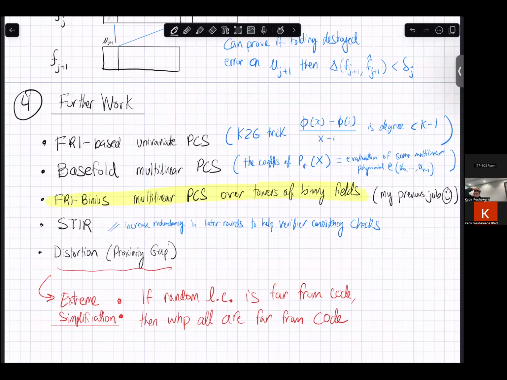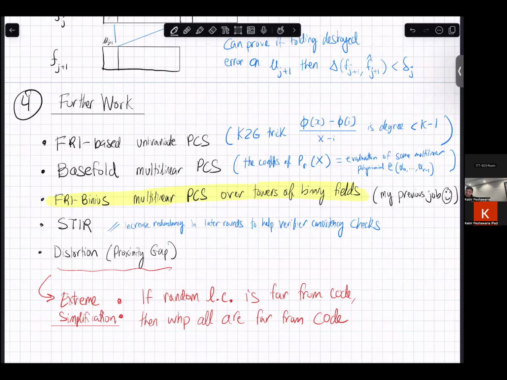what you actually get is that the constant at the end is really the evaluation of some multilinear polynomial at the folding challenges. And now you can make a polynomial commitment scheme based on that. The question you might have is, okay, but I want to open to a specific point, not a random point. Well, you can use sumcheck in line with the folding in a cool way, which allows you to relate the evaluation at a random point to the evaluation at a specific point of your choosing, using this EQ indicator trick if you've seen it before.